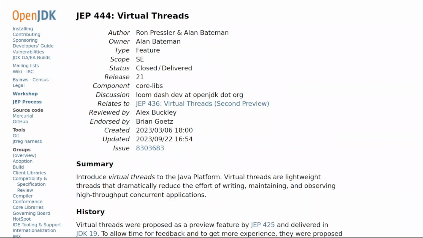JEP 444, Virtual Threads. Summary: Introduce virtual threads to the Java platform. Virtual threads are lightweight threads that dramatically reduce the effort of writing, maintaining, and observing high-throughput concurrent applications. History: